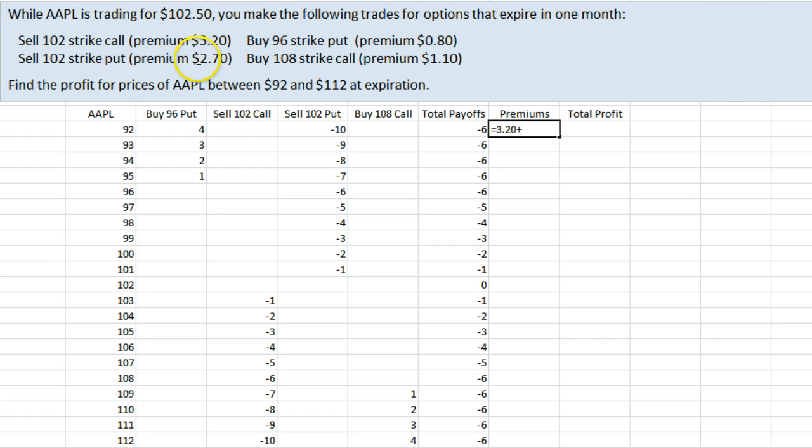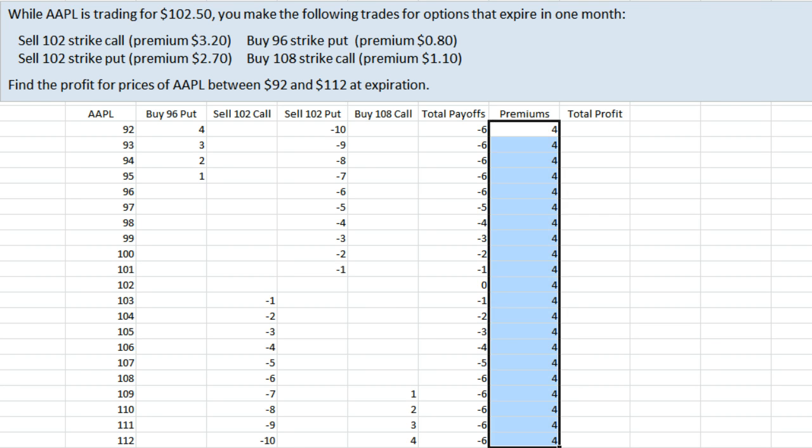And we are also receiving a premium of $2.70 because we sold both of these options. We bought both of these options. Buying something costs something, in this case 80 cents, and also 110. So in this case we are collecting a net premium totaling $4,